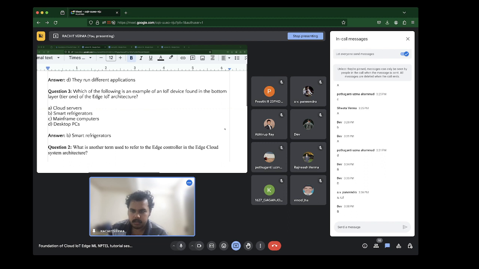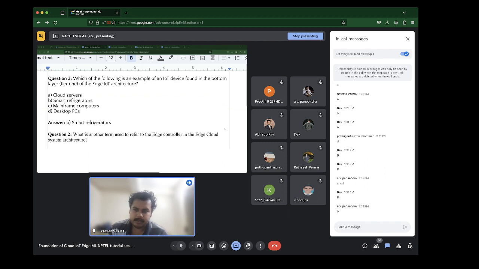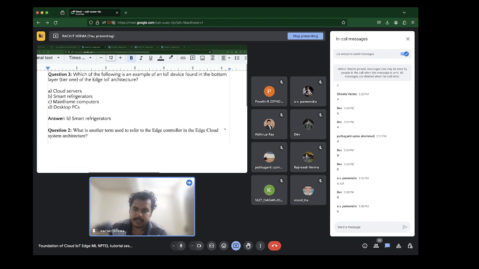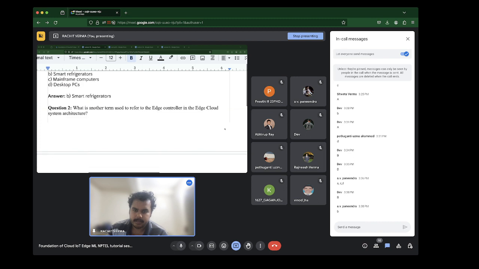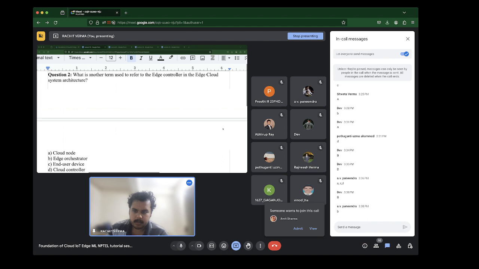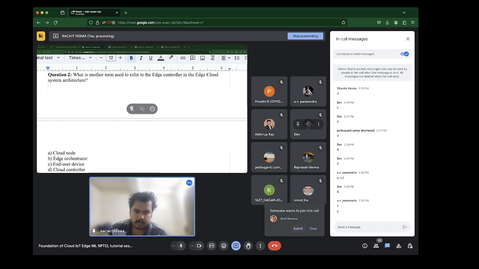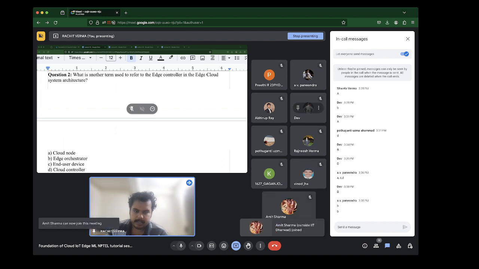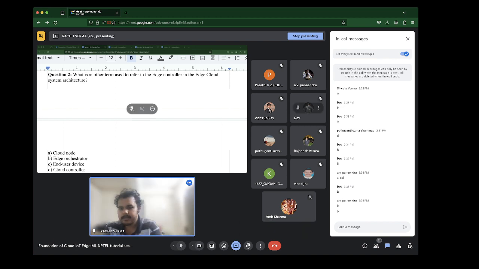What is another term used to refer to the edge controller in the edge cloud system architecture? Is it A, cloud node, B, edge orchestrator, C, end user device, or D, cloud controller?